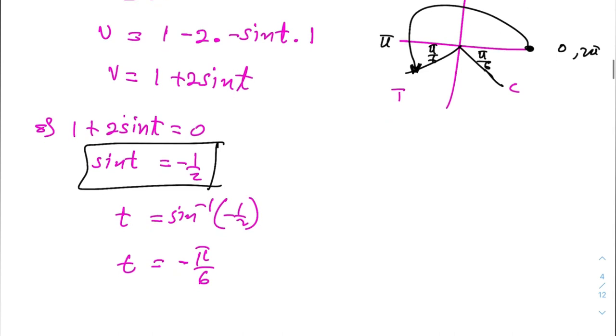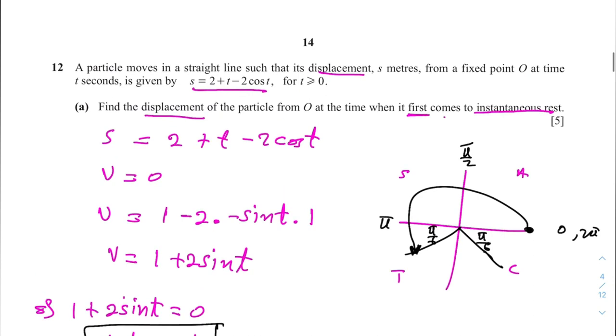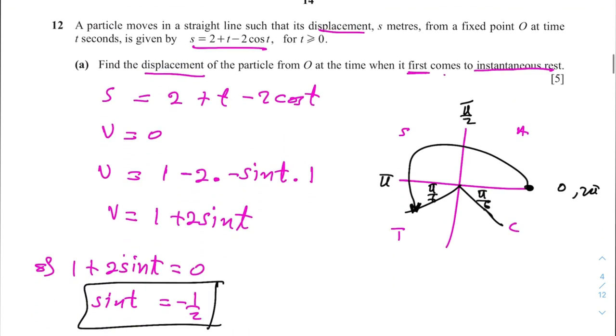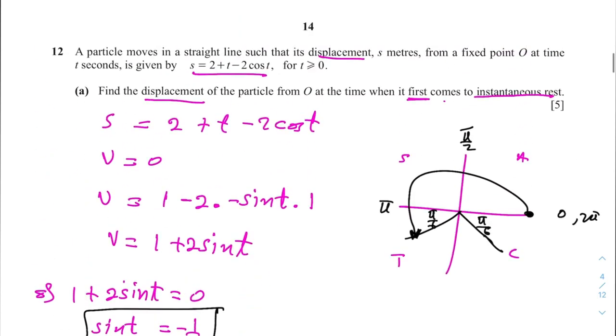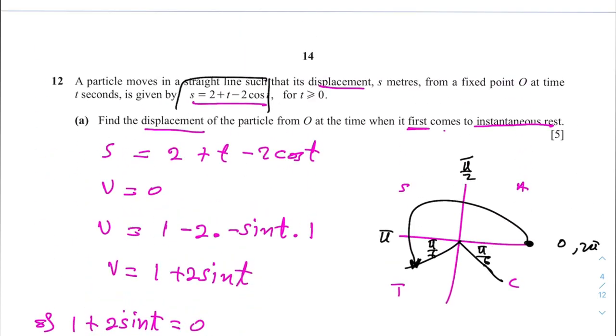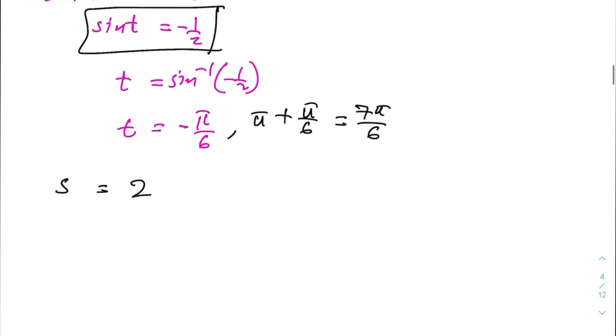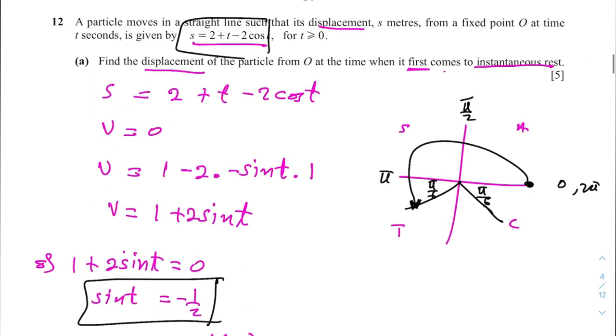So that basically means that what you are looking at is pi plus pi on 6, and that will be 7 pi on 6, okay. So it says to find the displacement when a particle first comes to rest. Okay, so now the displacement, remember they gave it to us as 2 plus t minus 2